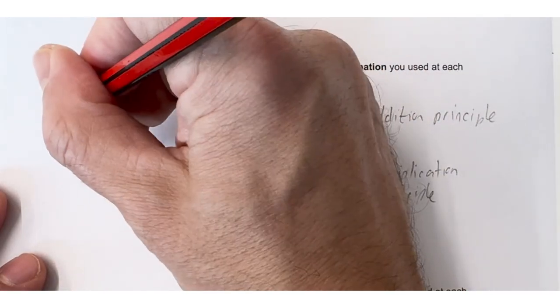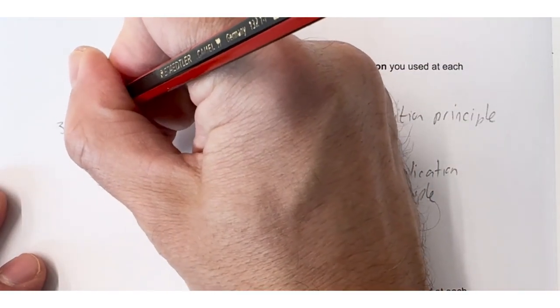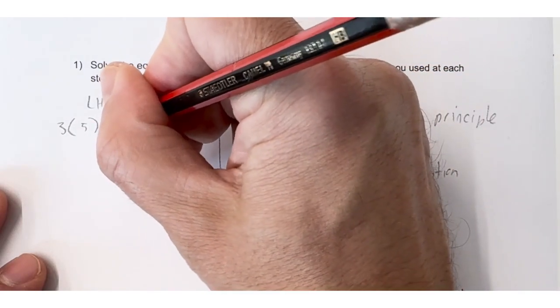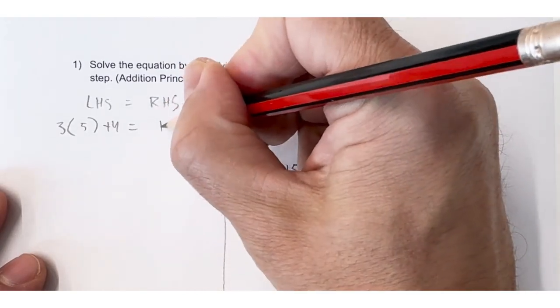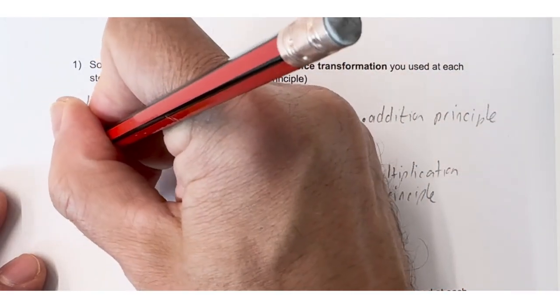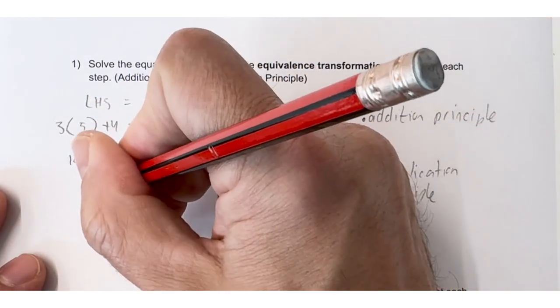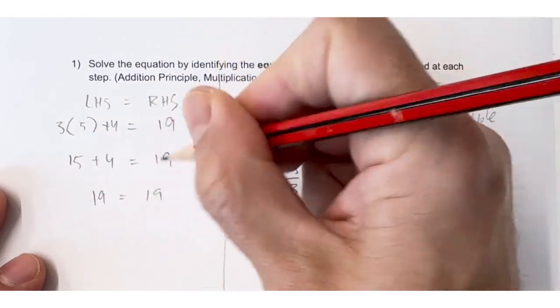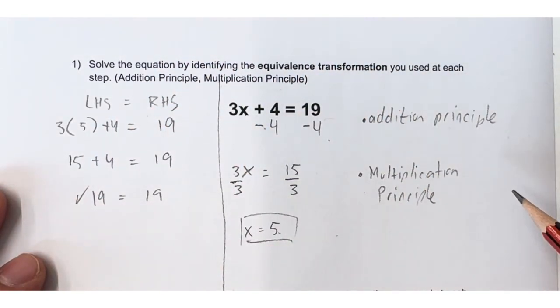So my left-hand side is actually going to be 3, and instead of x, I put in the 5. Plus 4, okay? And then my right-hand side is just 19. So this becomes 15 plus 4 is 19, and then you get 19 is 19, and that checks out. My left-hand side is my right-hand side, so good job. All right,